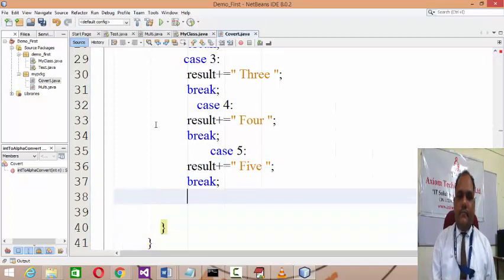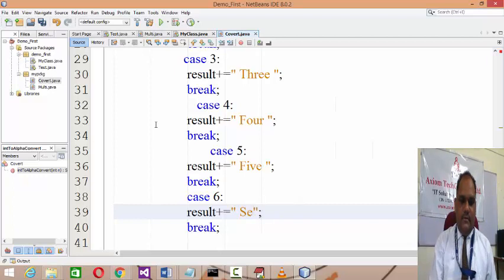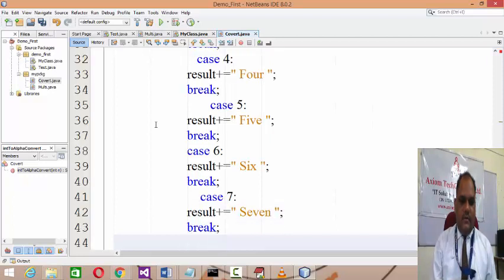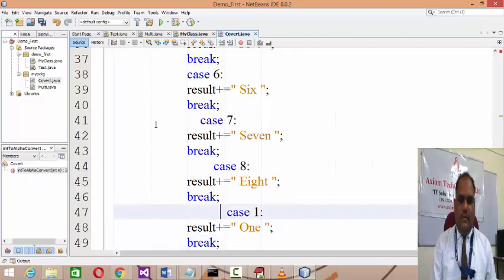In this manner, obviously all the numbers are a combination of 0 to 9. So I can write 6, 7, 8, 9.